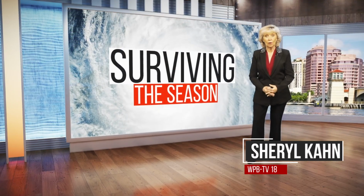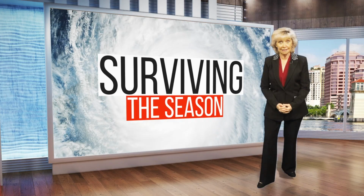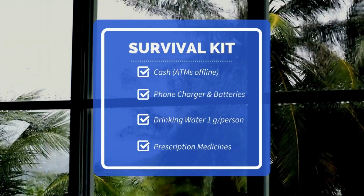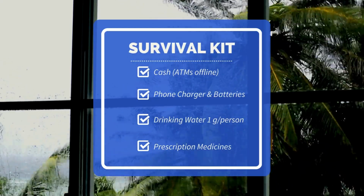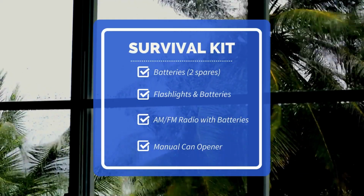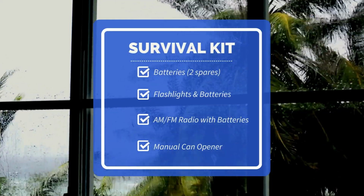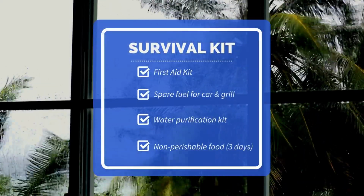If you haven't done so already, it's very important to assemble a hurricane kit. Here's what you need. Cash because ATMs may not work, a cell phone and car charger, drinking water, 1 gallon per person per day for a minimum of 3 days, prescription medicine, a 2-week supply, batteries, 2 spare sets for each device, flashlights, battery-operated AM/FM radio, a manually operated can opener, a first aid book and kit including bandages, antiseptic,